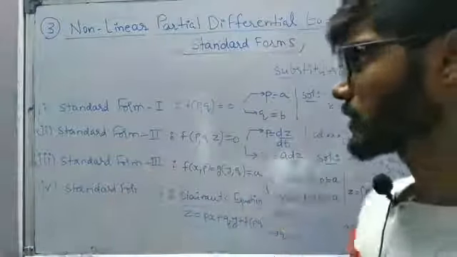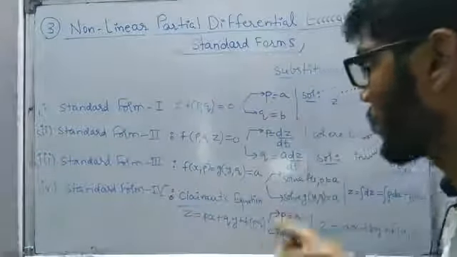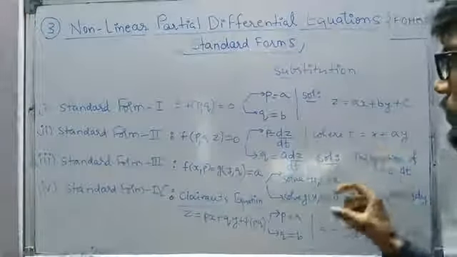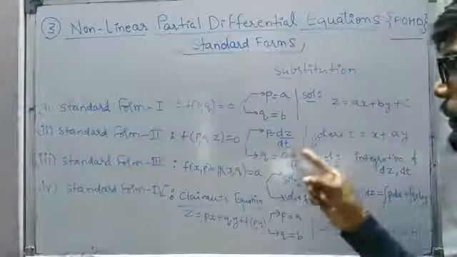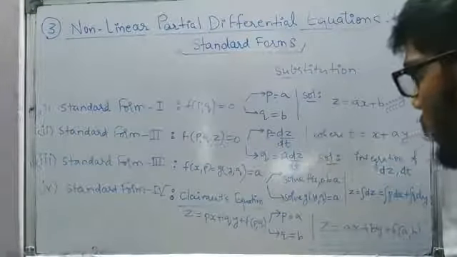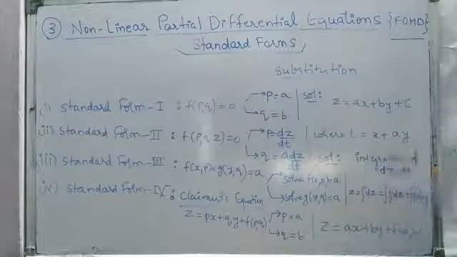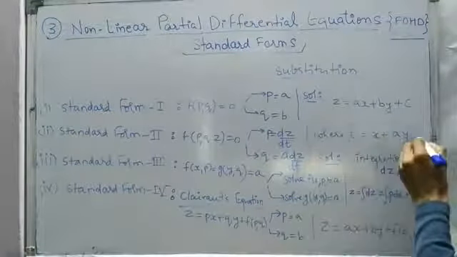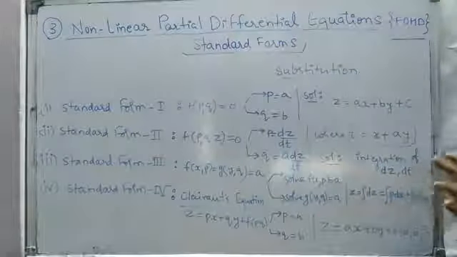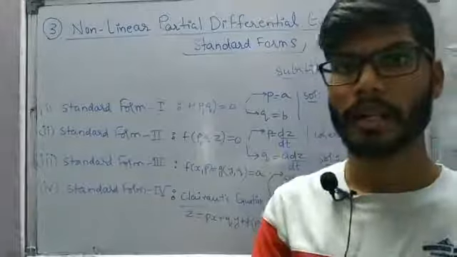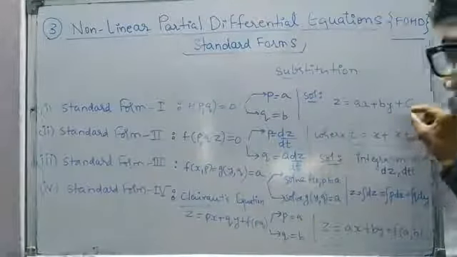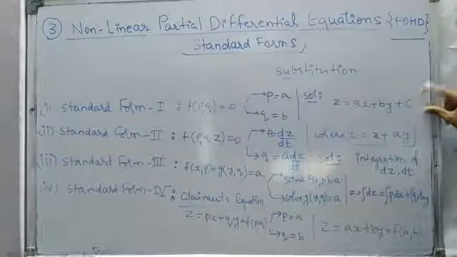And in the case of standard form 2, we are going to have one more variable z. So function of p comma q comma z is equal to 0, and the substitution is going to be a little modified: p will be substituted as dz by dt, and q we will have to substitute as a into dz by dt, where t is nothing but a plus xy. And the solution, we have no direct general solution here, we will have to integrate both the sides, because we are going to have the complete integrals like dz and dt. So there we need not write the solution in the general form.